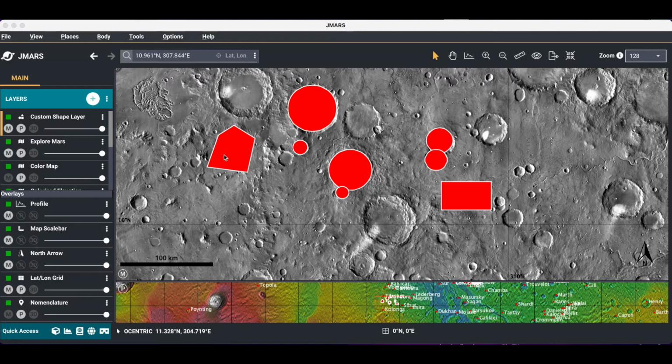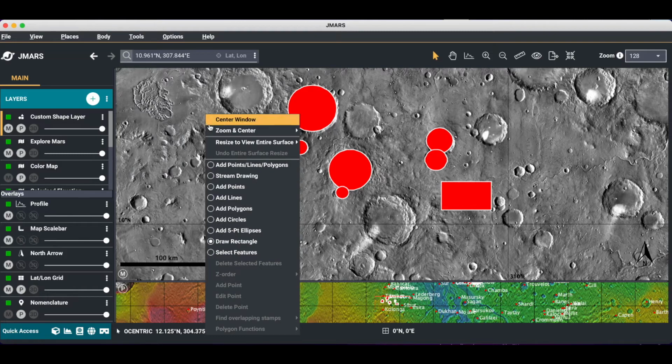So as you can see, my main screen has a couple of polygons and circles and a rectangle drawn on it. In order to do the tutorial, you're going to want to draw a couple of your own shapes. Just a quick reminder on how to do that: you'll click these three points, go to Custom Shape Layer. That will add this custom shape layer into your layer manager. And then when you're ready to draw, you right click your main screen and you can choose between polygons, circles,